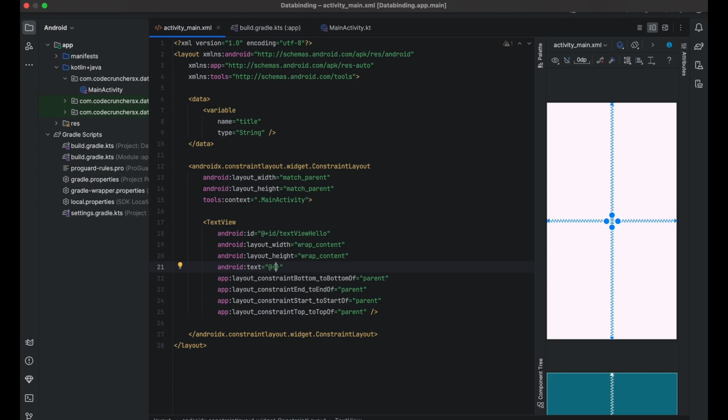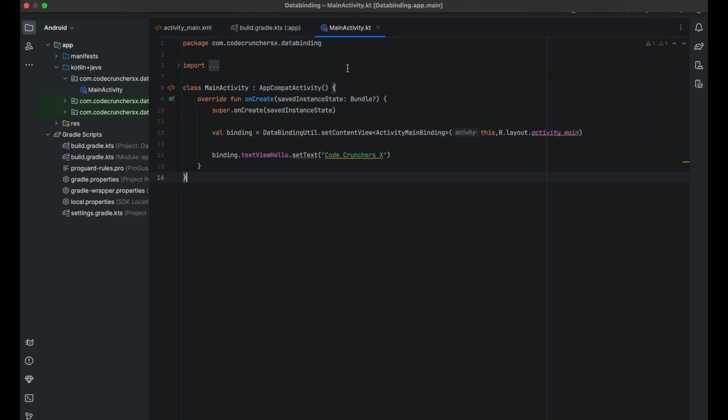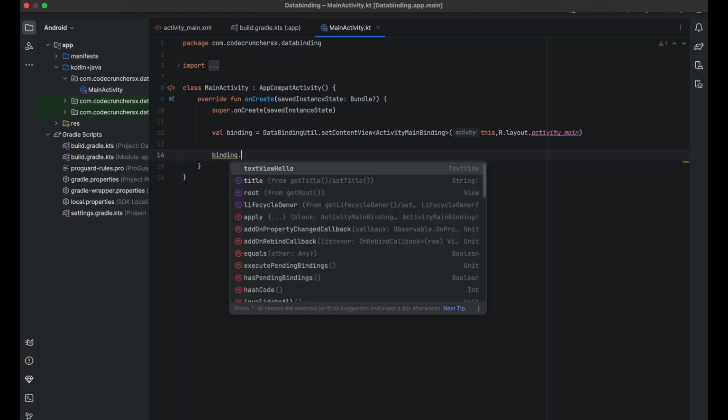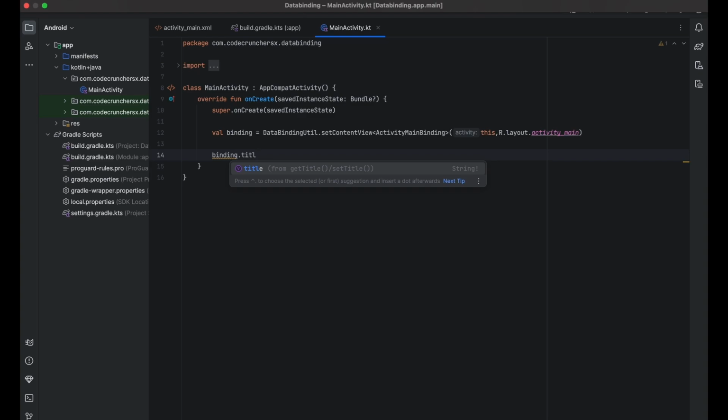Inside, we need to specify our variable name. Here it is title, and I am just specifying title. Now we just assigned this title to this text view. Now we need to actually give the value to this title. Open the main activity, and here we are setting directly to the text view. Instead of this, we need to use binding dot our custom variable name equal to hello from